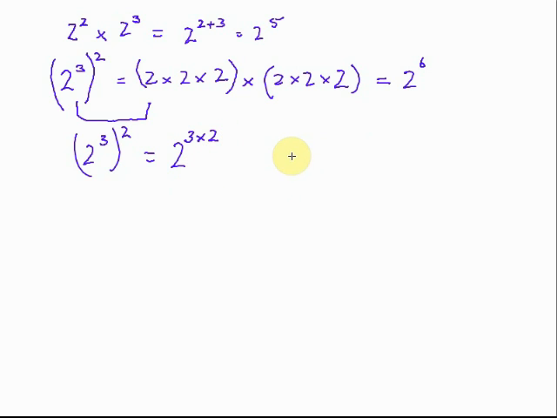And for any numbers x, y, and z, if we have x to the power of y, all raised to the power of z, then we have x raised to the power of y